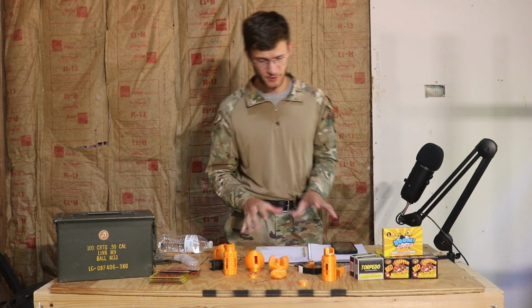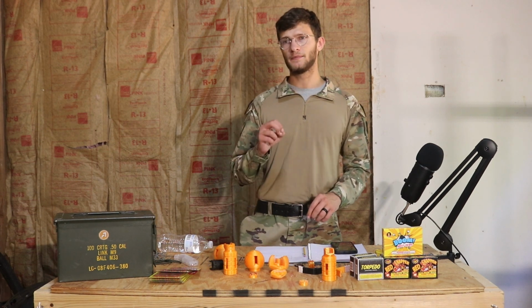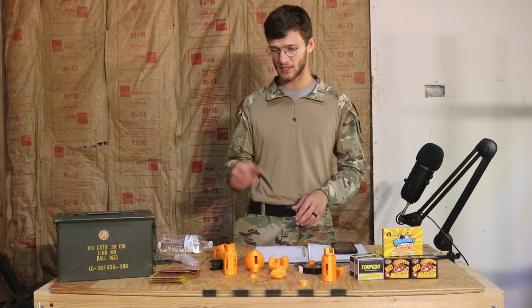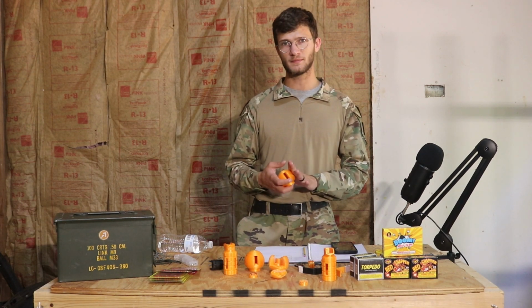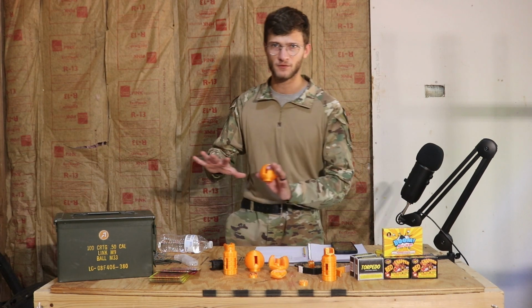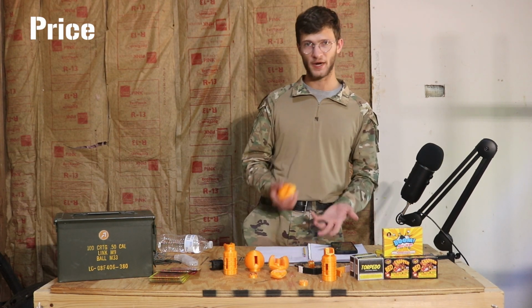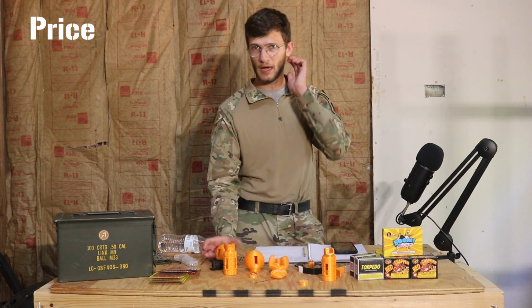And so, first of all, I will say that with 3D printed products, the thing you do have to keep in mind is the durability and the strength of them. Now this is made out of PLA, and that could mean something when it gets wet. I'll talk about that when I get to the durability, because the first thing I would like to talk about is the price. So remember, I didn't have to pay hardly anything for these, but I will talk about